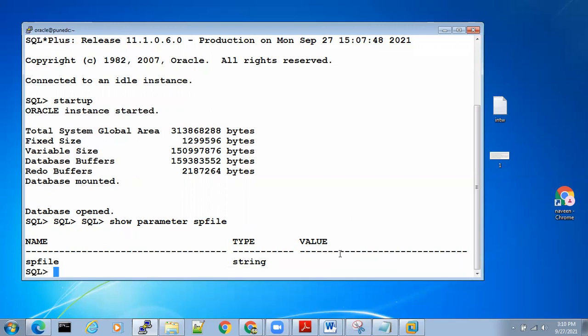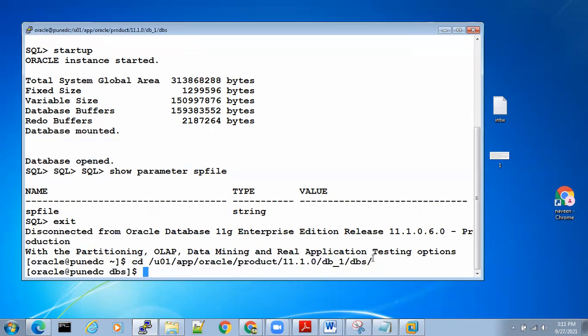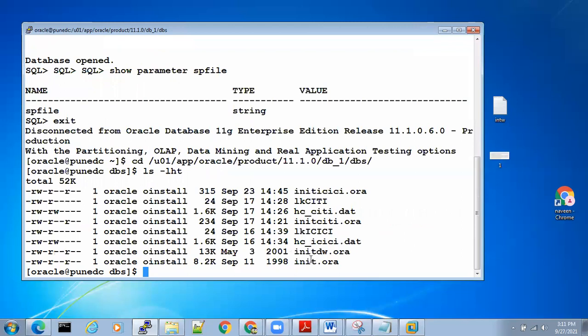First, we'll complete the P file. Everyone knows where the parameter file is, because you people created the database with the help of the parameter file, writing all the parameters: db_name, compatible, db_cache_size, log_buffer, and everything. Now, where is the parameter file? The parameter file is in Oracle Home dbs.